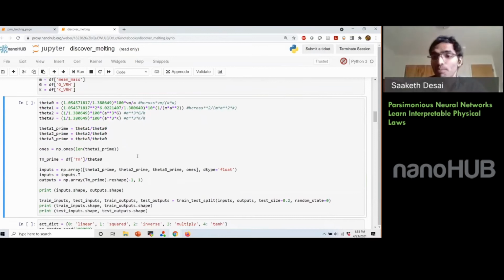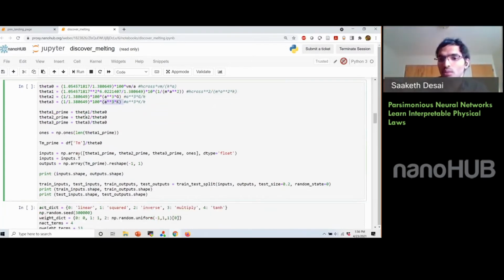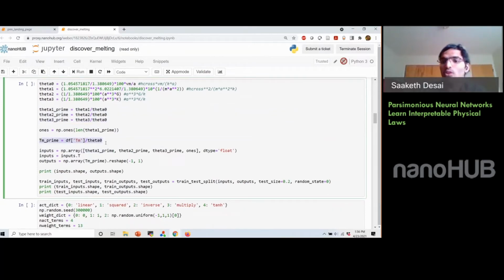And the next cell is where we actually compute the dimensionless input. As you'll see, we have lines here that compute theta naught, theta 1, theta 2, and theta 3 coming from these equations here. These numbers that you see here are obtained when you swap in the values for h bar, Boltzmann constant, and other constants. So that's why we have such numbers, but the rest of the quantities are the physical quantities from our data frame. And having computed those theta naught, theta 1, theta 2, and theta 3, we can then compute the dimensionless inputs, theta 1 prime, theta 2 prime, theta 3 prime. We're also going to divide our output by theta naught, so we're also predicting a normalized output. This allows us to limit the range for the model predictions